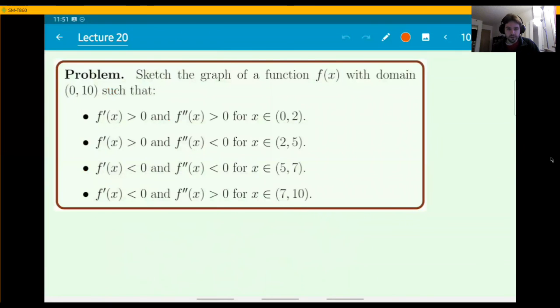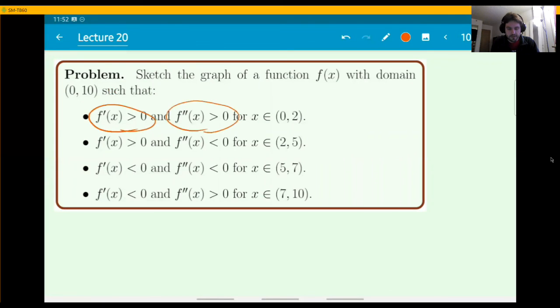I'm just going to leave this as an exercise for you. It's very similar to what we just did, but kind of reverse engineered. You're now sketching the graph of a function. I'm going to divide the domain into 4 pieces, and I'm prescribing the sign of the derivative and the second derivative in each. One of them tells you if it's increasing, and the other tells you if it's a frown or a smile. Like the first one here,